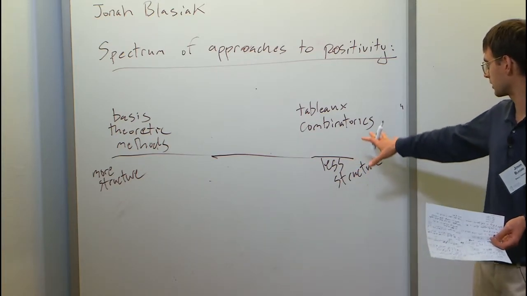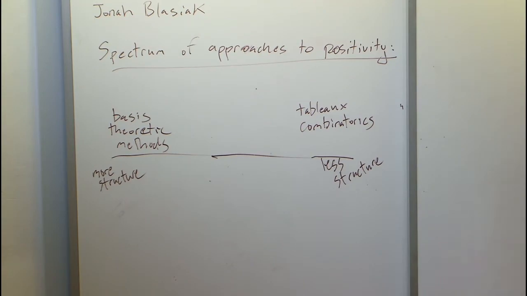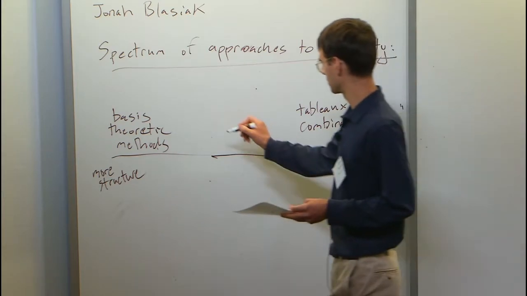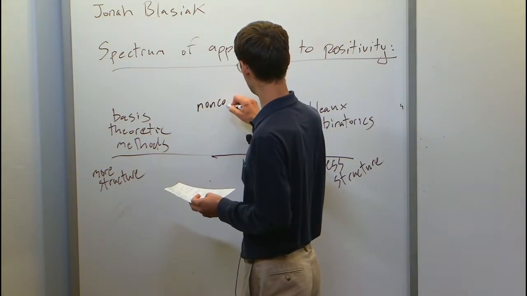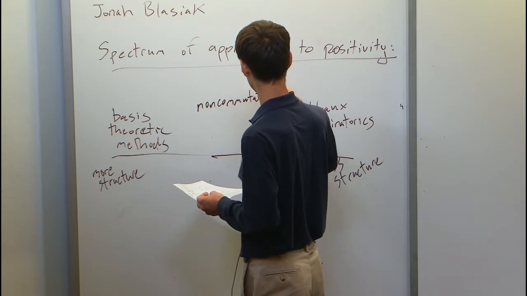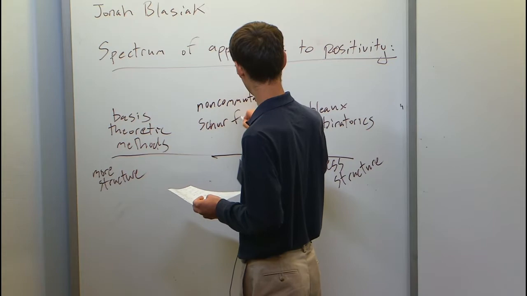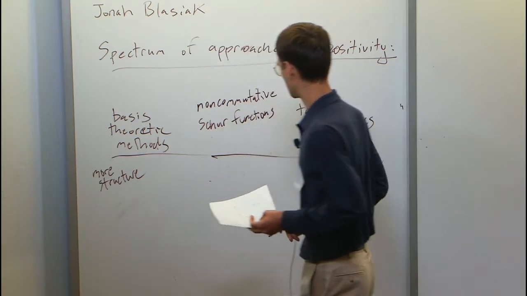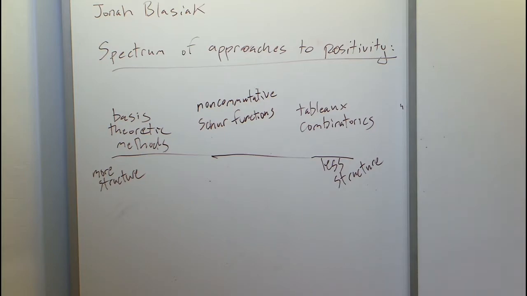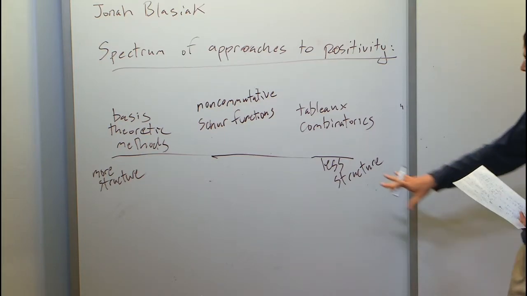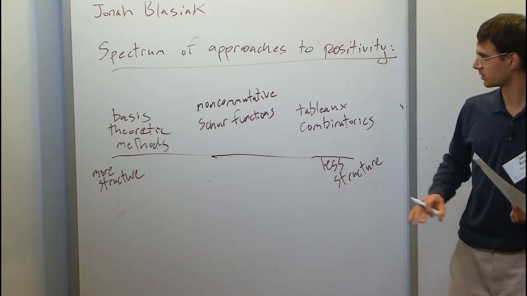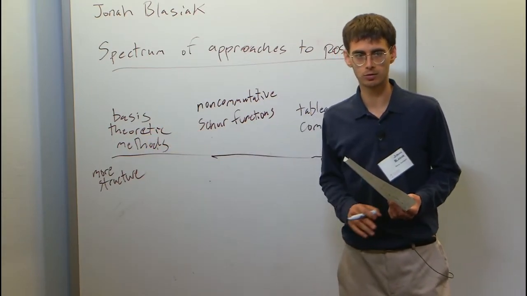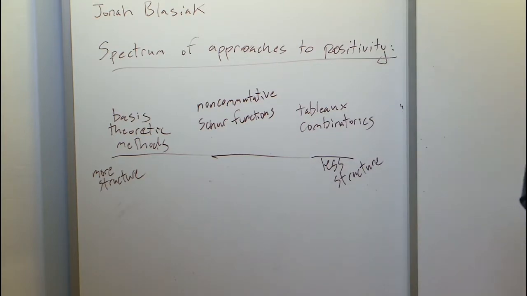Maybe on the other side of the spectrum, there's just playing around with tableau combinatorics and words. And what I want to talk to you about today fits in the middle here: the theory of non-commutative Schur functions of Sergey Fomin and Curtis Greene. There's a funny thing here, which is that over on this side, when you're demanding more for your solution to these problems, in some sense it's harder to do,